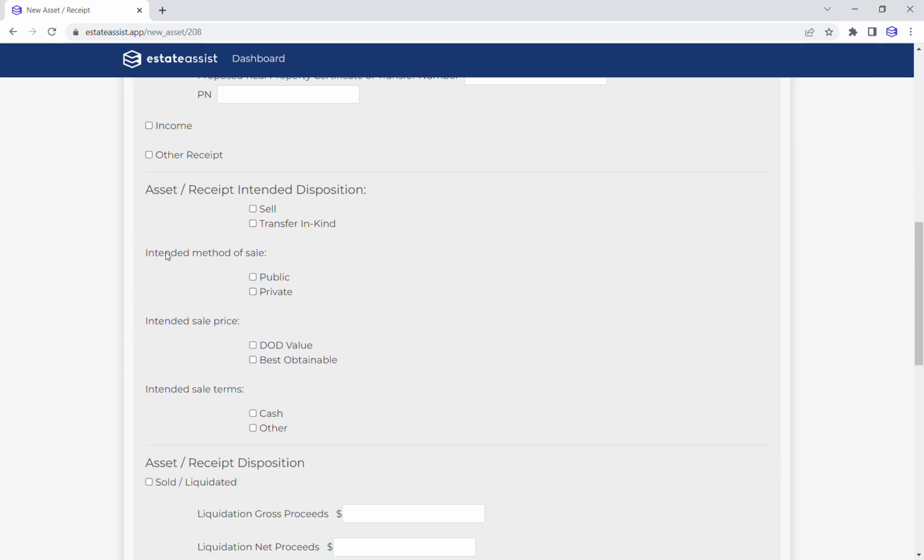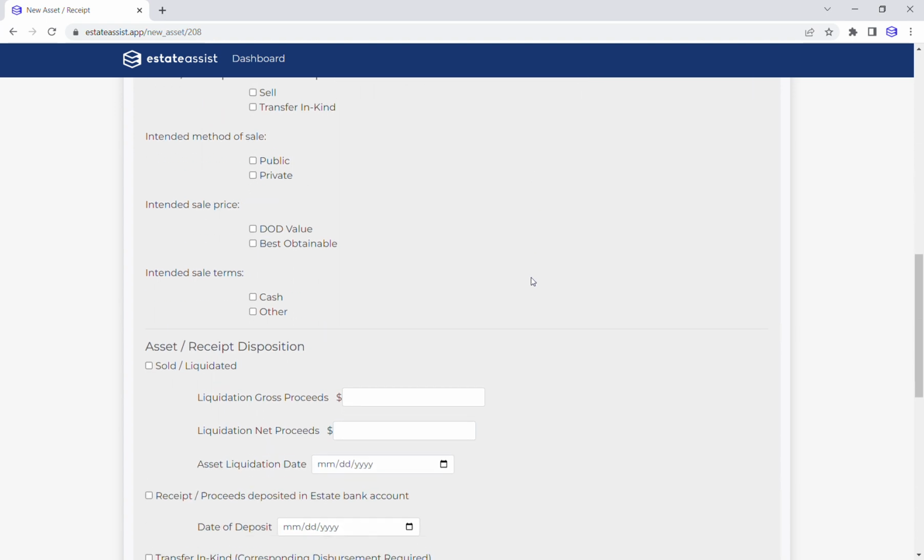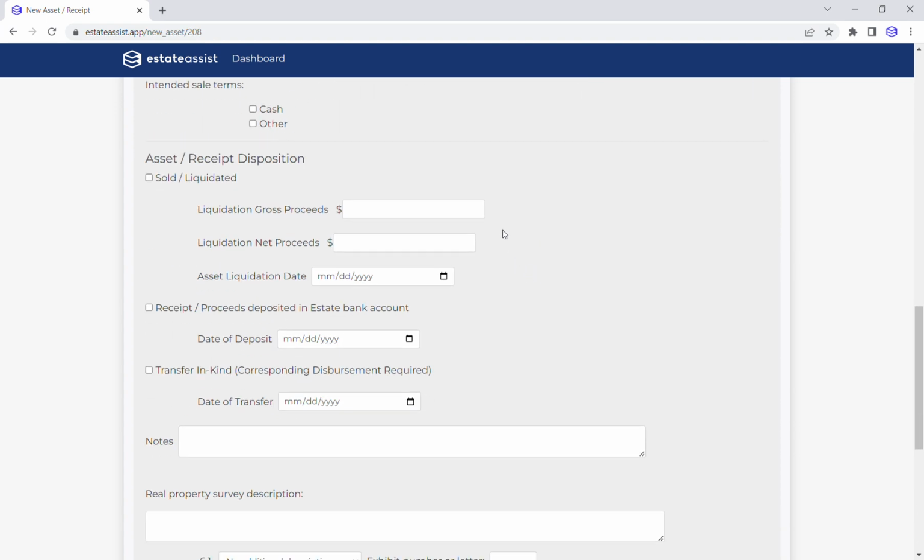the intended disposition, and this isn't anything that has to be permanent. You can select what you think is going to happen and then always change it in the future. But the intended disposition is going to decide where that asset falls in things like the 9s and 10s for sale and in-kind distribution of assets. And then eventually you'll come back in, you'll save this, but you'll come back in to put any final disposition. So when something's sold or otherwise liquidated or deposited,